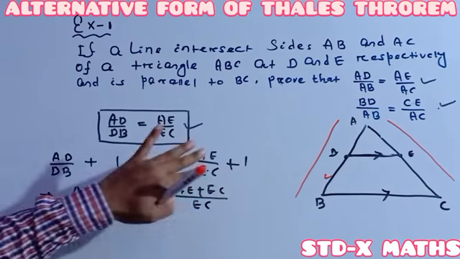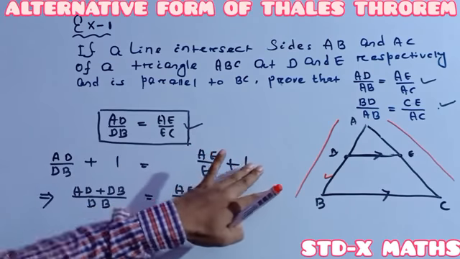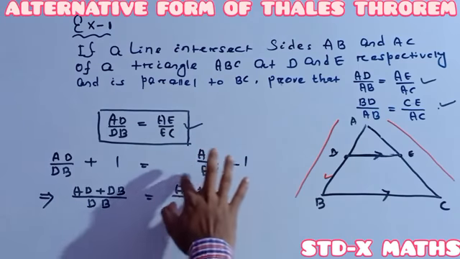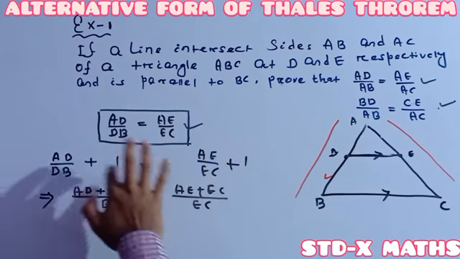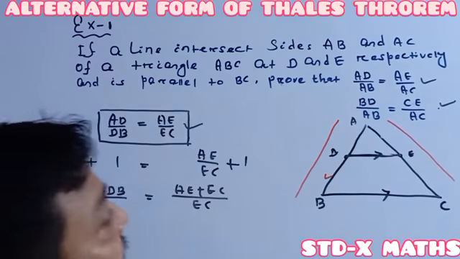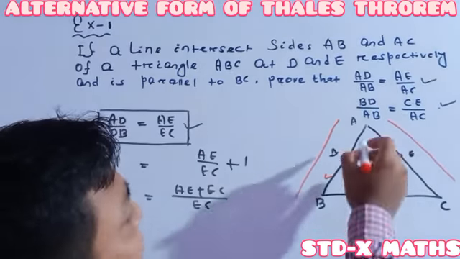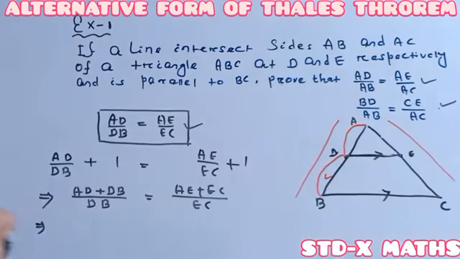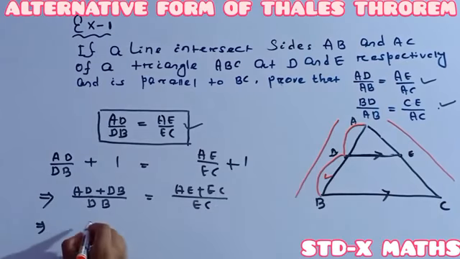Whenever we add a fraction with 1, as usual you have to take the LCM, the same way as you normally do the addition. Now see AD plus DB. AD means this one, DB is this one. So AD plus DB in total is equal to AB. So here I am writing,